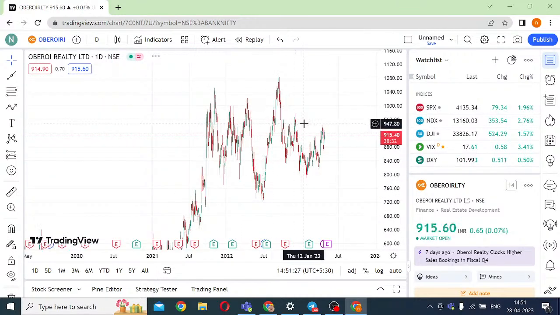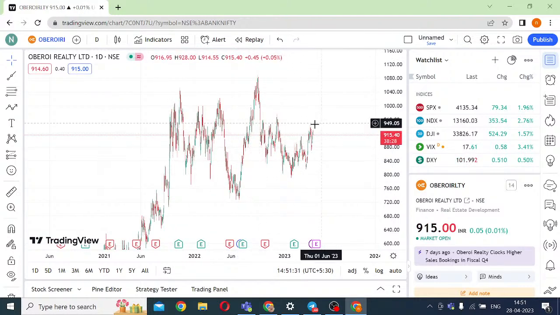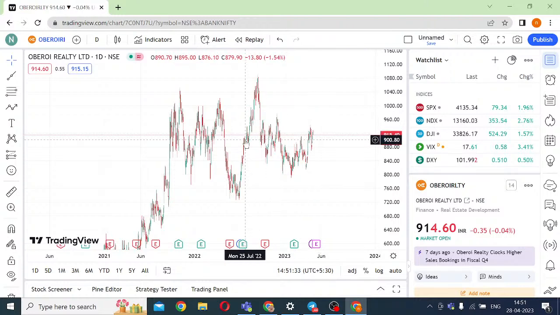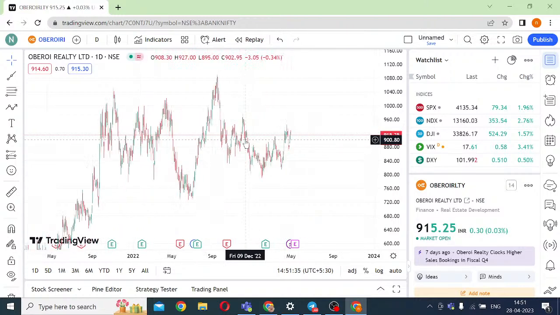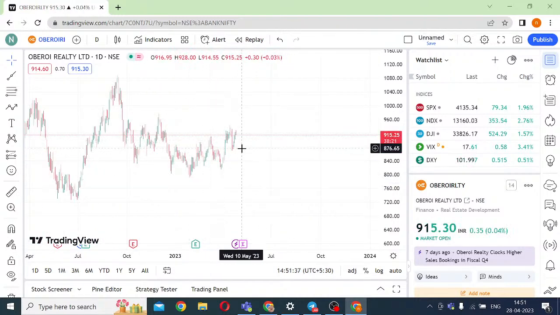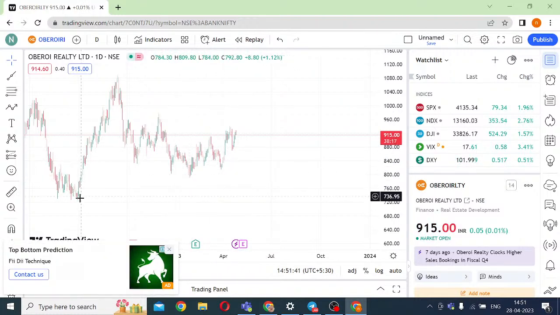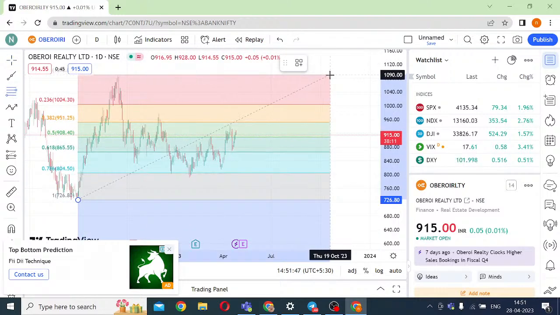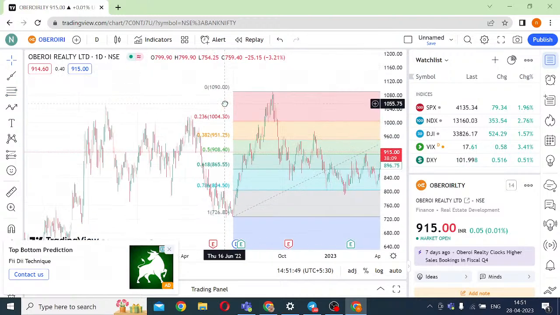It's a hold pattern. So if you see, I think you had gone long here, Ubera Realty. Ubera Realty is in a hold pattern. If you see, this is the swing that the stock has created. There is a proper swing which has been created here. Confirm. Yes, there is a swing which has been created.